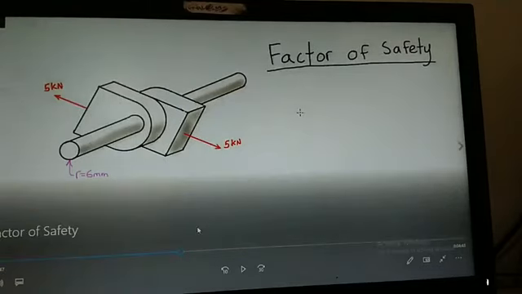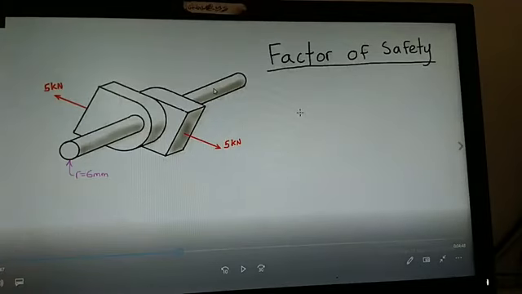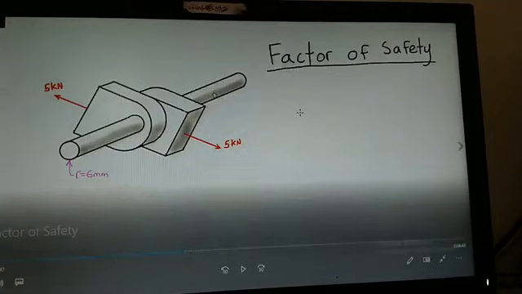And one more point, please note down, the maximum ultimate stress of the rod is 100 megapascal.